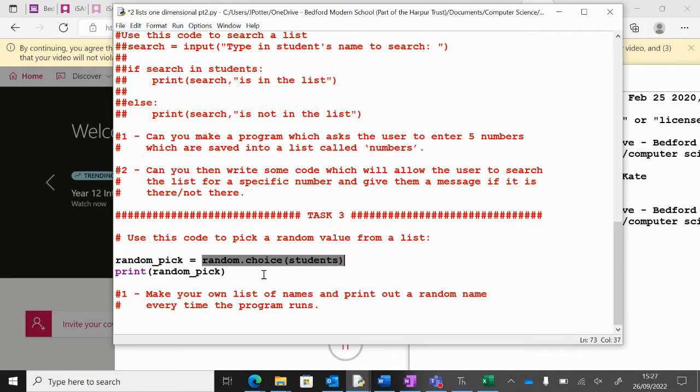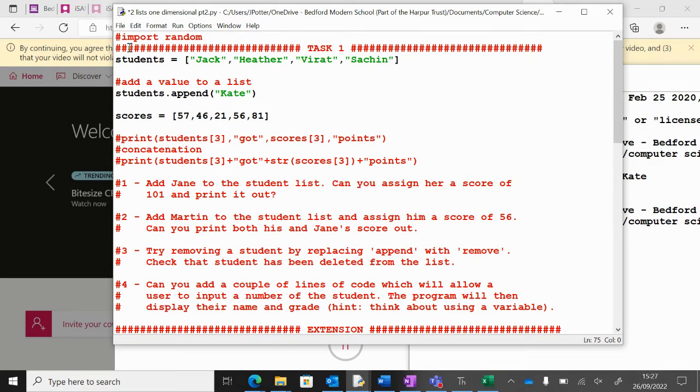In other words, we're picking a random student, a random choice from the list students, and then I'm going to print out that variable. You can use this code, but at the top of your code you need to remember to write: import random. Otherwise, the code won't work. It won't know what random is.